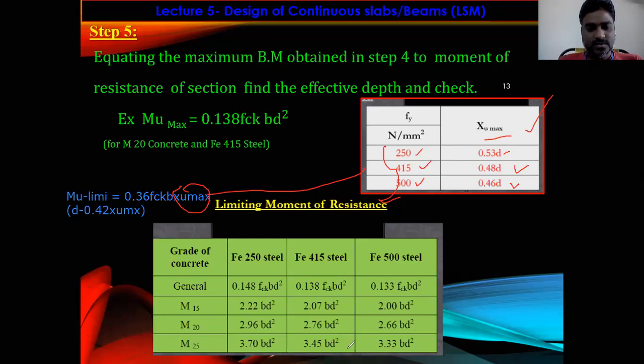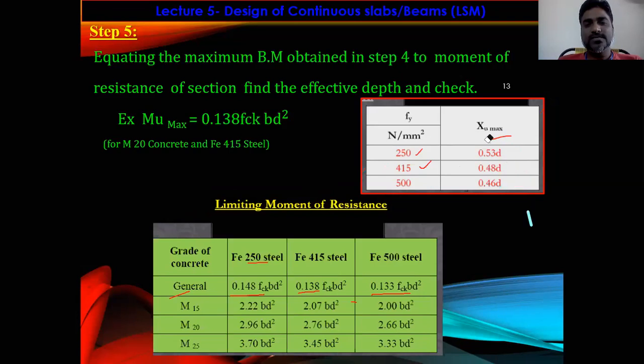Right. So for M20, this is for general. For 250 grade steel, this is 0.148 fck b d square. For Fe415, this is 0.138 fck b d square, and for Fe500, 0.133 fck b d square. If you have a good memory, you can remember this, or you can take the values from IS code and substitute in this equation and determine the Mu limit value. Right? So therefore,